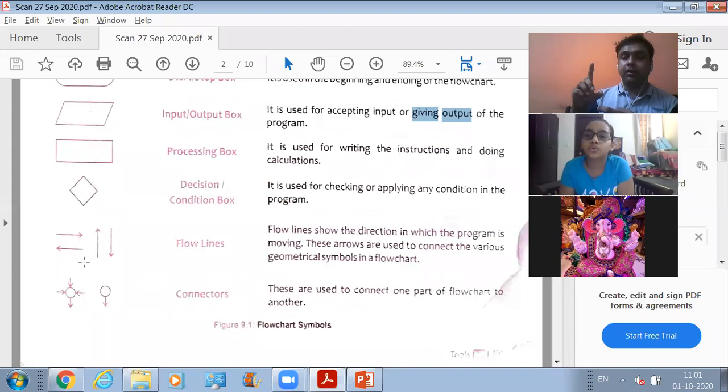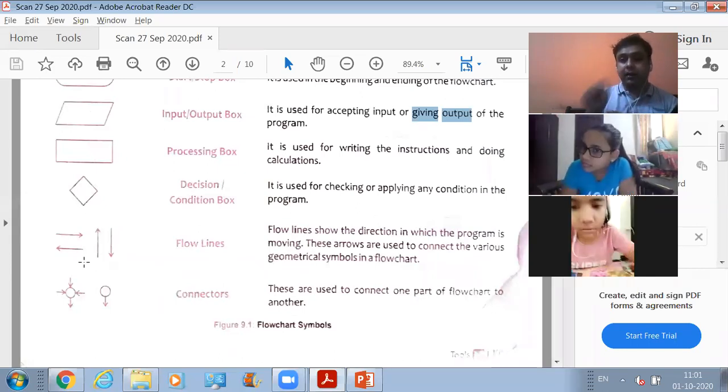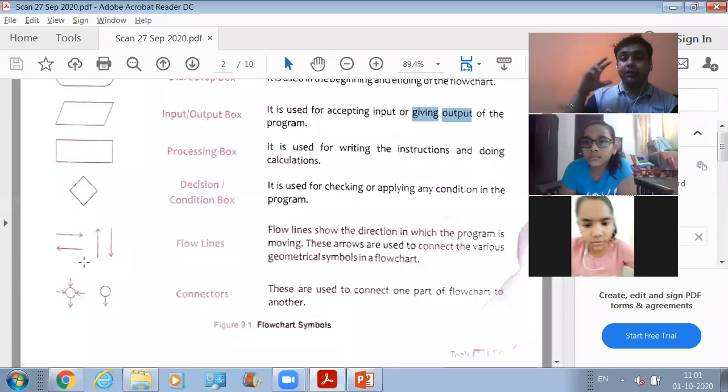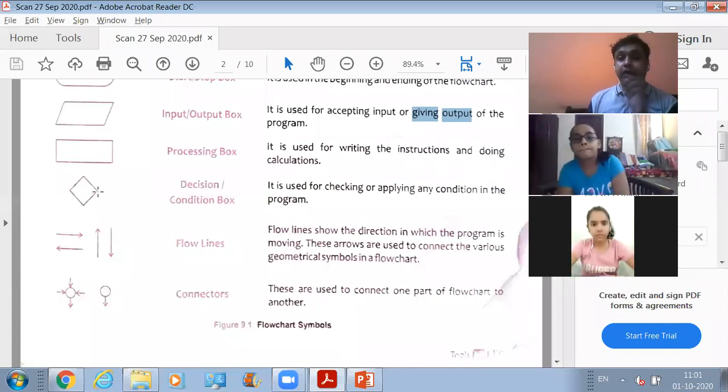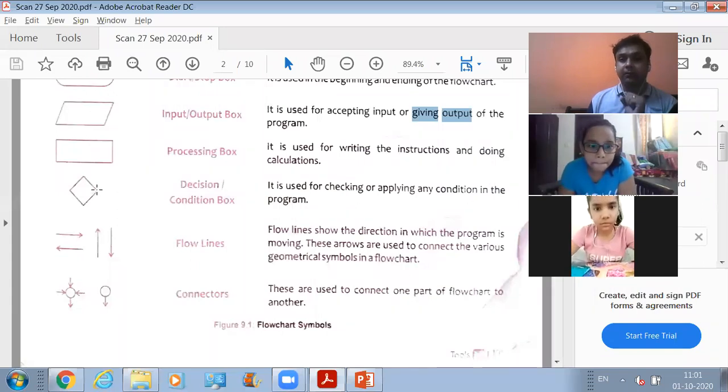The first number you have entered in variable A and the second number in variable B. If A is greater than B, print A. Otherwise, print B. So that's where you need these decision boxes in order to check the condition.